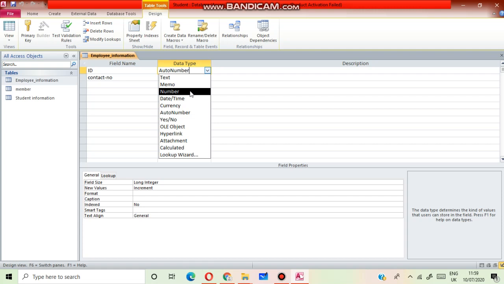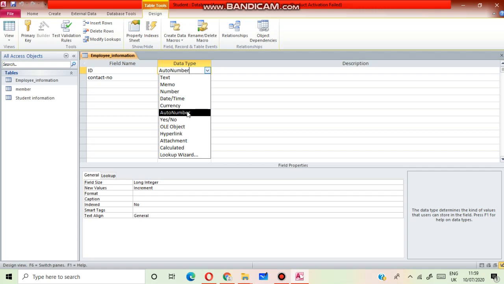It is used to store numeric values. It can also hold symbols such as decimal points and commas. Next, date and time data type. It is used to store date and time values. Next, currency. It is used to store currency values.